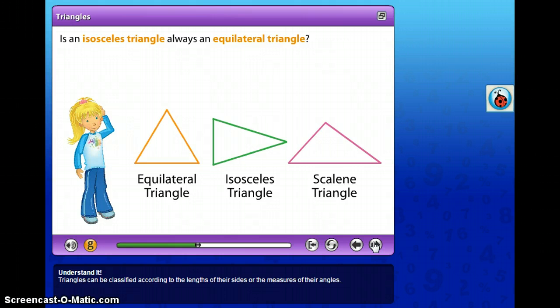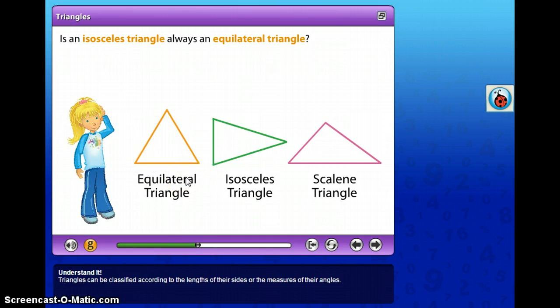An equilateral triangle has 1, 2, 3 equal sides. So that's why it's called equilateral. An isosceles triangle has to have at least 2 equal sides. So this is isosceles because it has 2 equal sides, here and here. Now this one has more than 2 equal sides. It has all sides equal. So we call it equilateral, but it can also be an isosceles triangle because it has more than 2 equal